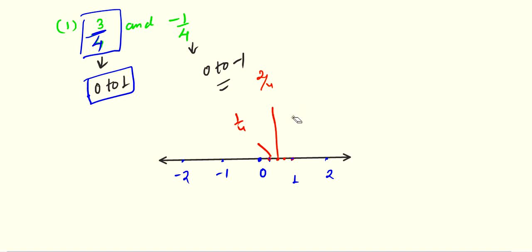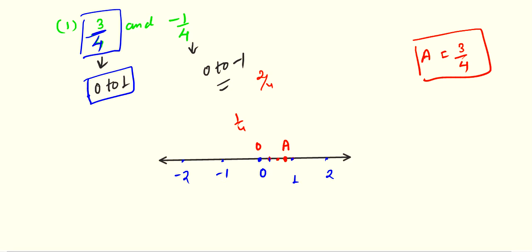Okay. You can use a scale to represent this, and this one is our answer. So you can write this as A. Then you can write A equals 3 by 4, which is the actual position. Let's suppose this is O, so OA equals 3 by 4. This is your answer. Clear? Now minus 1 by 4, that we have to plot on another number line. So you will draw another number line here. Okay, I am plotting on this number line.